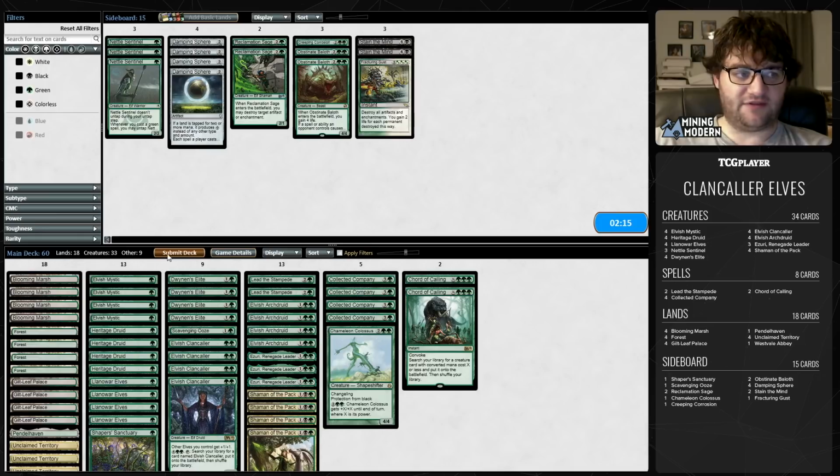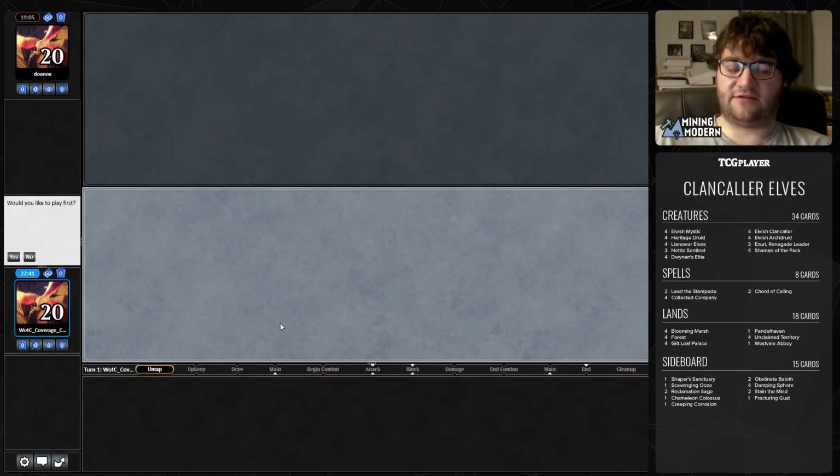I don't want Damping Spheres, I don't think. I don't want Rex Sages. You know, Baloth is tempting, but I don't think we need it. The rest of that doesn't do anything. Chameleon Colossus could be pretty good here. I mean, protection from black is medium, but...